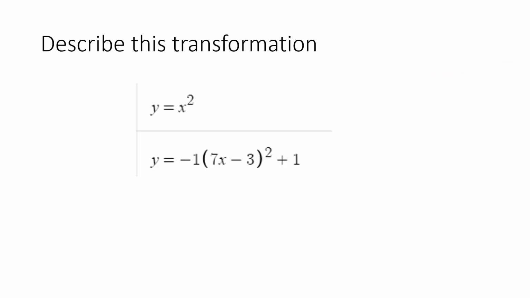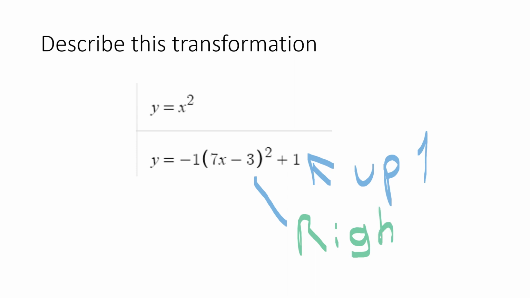So describe this transformation. Now I'm giving you a function. Now you gotta describe it to me. So you don't have to graph it, just describe it. Because you won't have a calculator to do that. Up 1. So it's negative 3. I know you guys want to say left 3, but remember, it went to the right. Because when you solve it, it's going to have some positive 4. And then